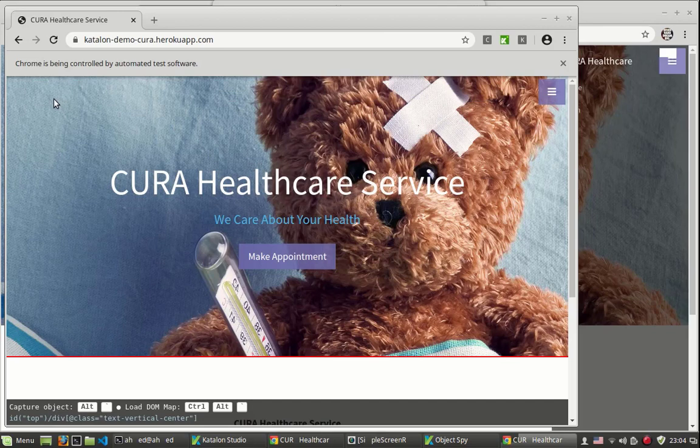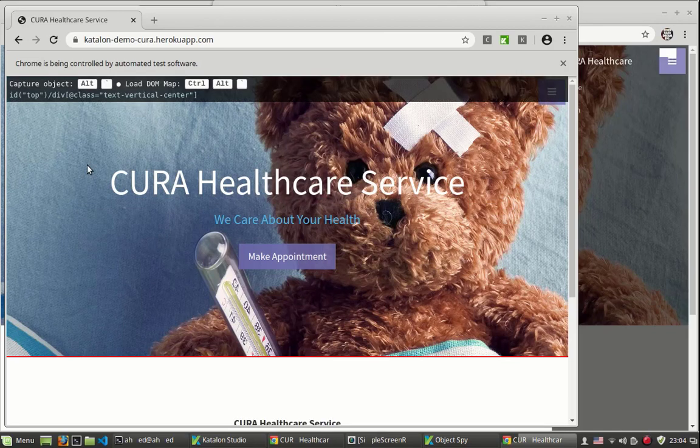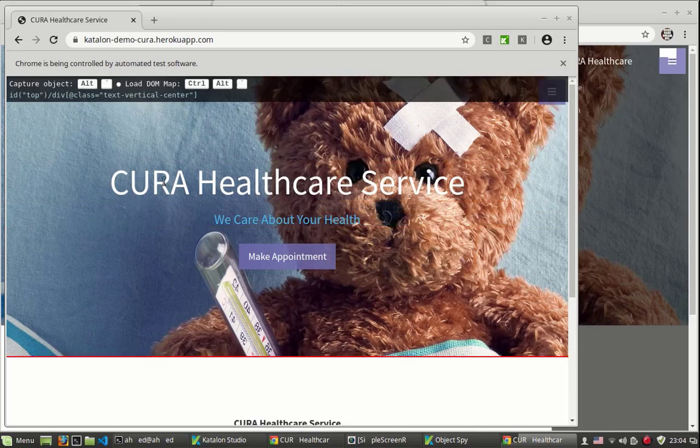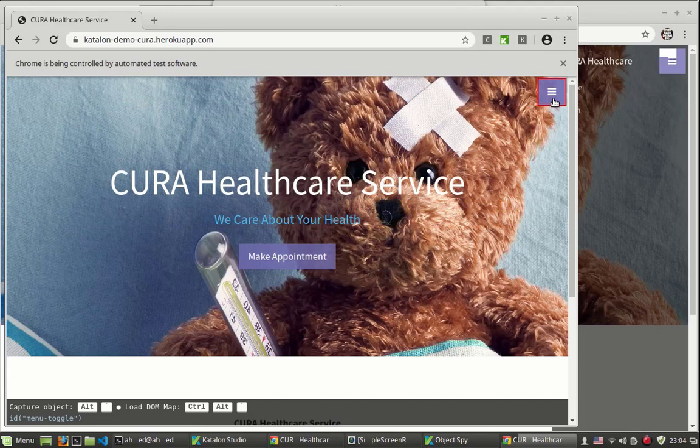As you can see here, on the top or at the bottom of the page, there is a selector appearing. The selector appears as I hover over the different components and web elements. I need this one,